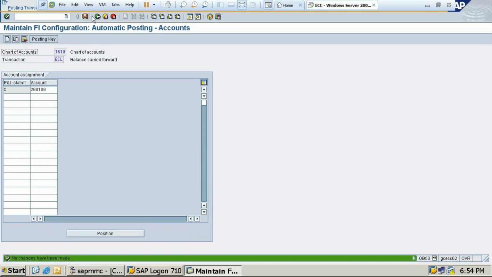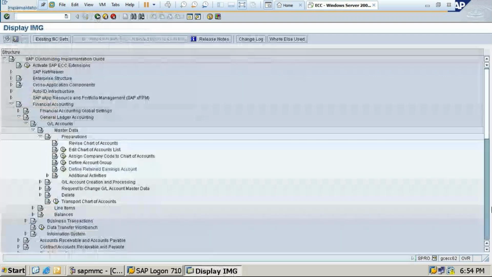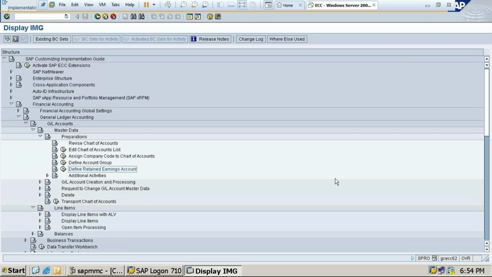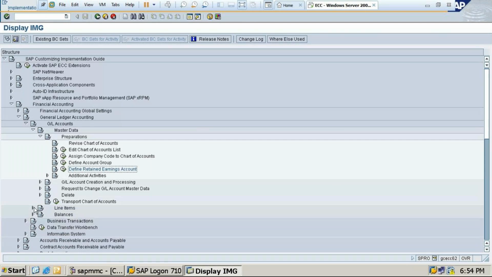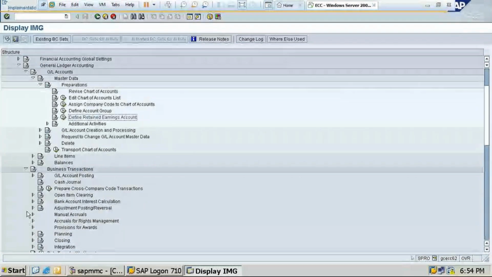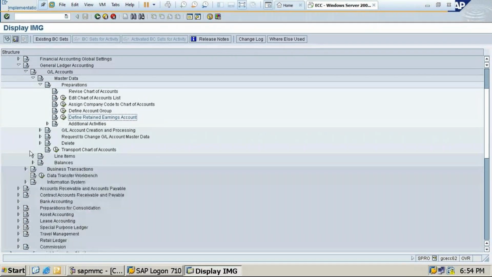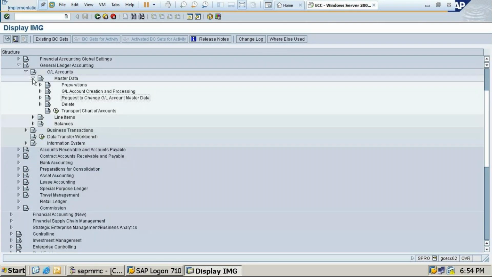So click on save, back to the screen. So this section has been fully completed. Now I'm going to show a little bit of line items and document types. Okay, so students, line items are not required. We'll see in the transactions time. Okay. Let's start with the document type.